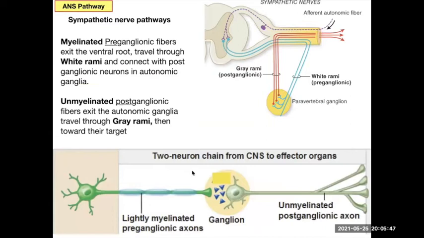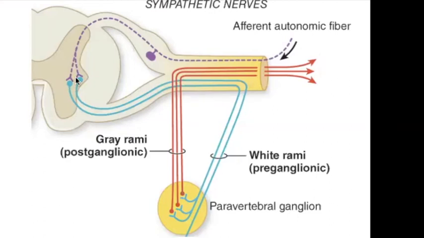All right, so let's look at that a little closer. Your sympathetic nerve pathways, right? These myelinated ones, here's showing two different ones, but we'll just look at one of these right here. This one is going to send its axon out through the ventral root, and not go to where that somatic one went. Instead, it's going to travel down that little pathway, the white rami. Right? And then here is where it's going to talk to these